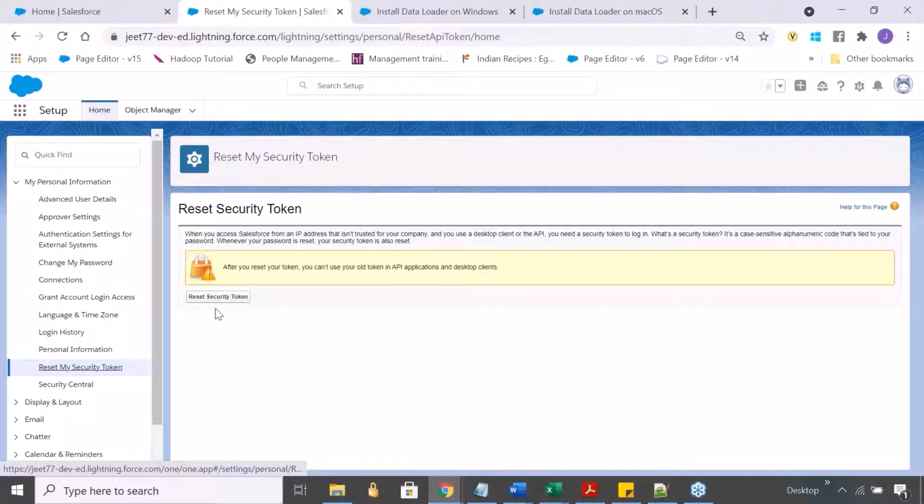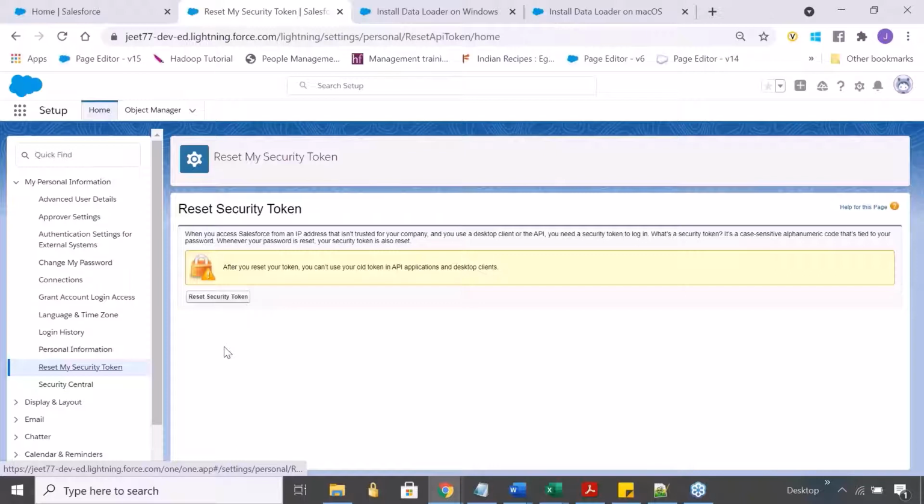The second thing is, the security token needs to be reset every time you reset your password. If you have changed your password, then your old security token will not work, and you will have to get a new security token. But if you have not changed your password and have not reset your security token, you can continue to use the same security token multiple times.